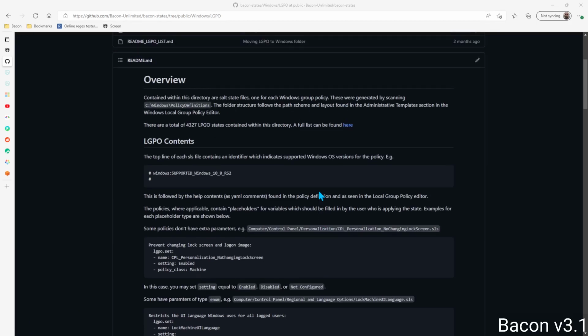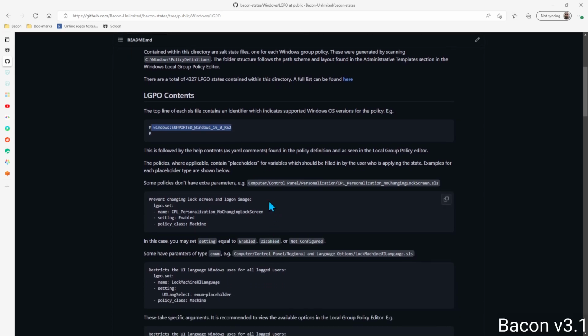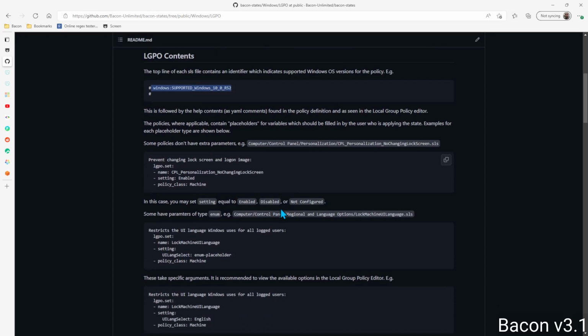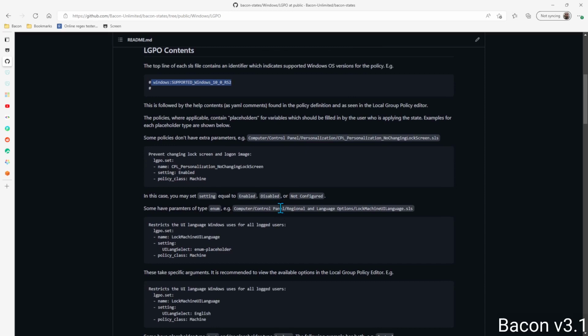Inside these states, we outline a few things. At the very top comment in all states lists the operating system that this state is applicable to. Once we get inside the states, you'll also see comments, and I'll discuss where those comments come from. Once we get to the meat of the state itself,